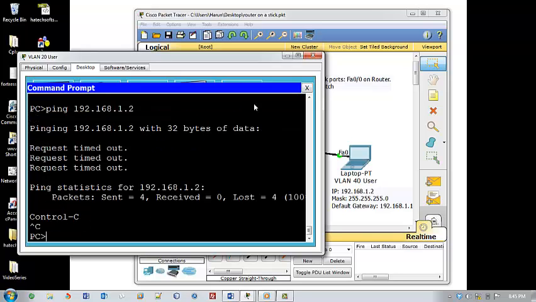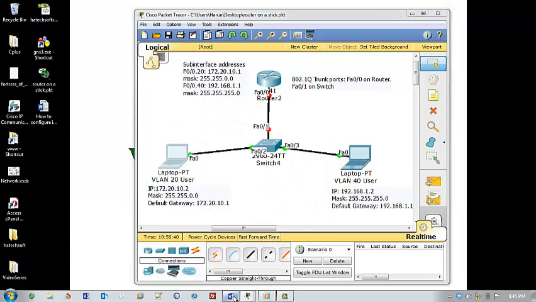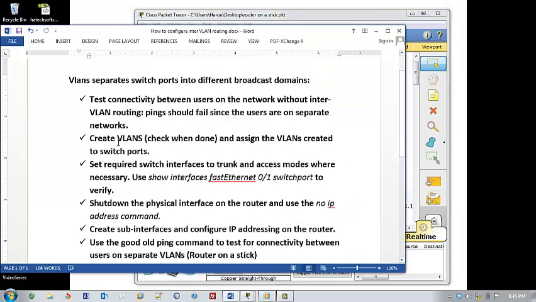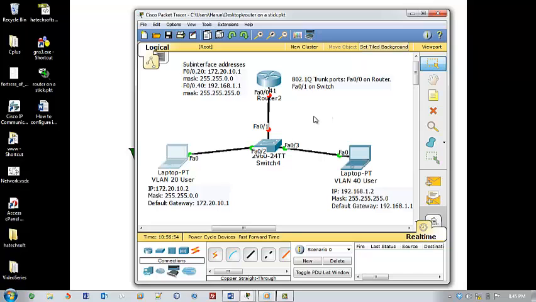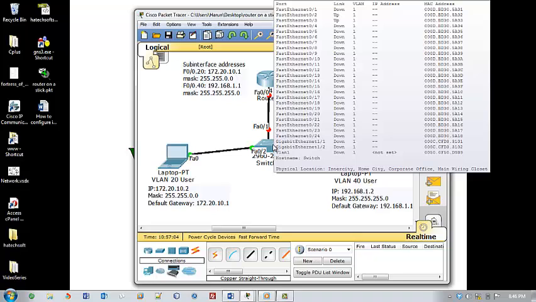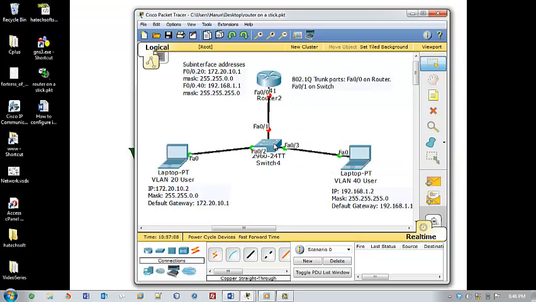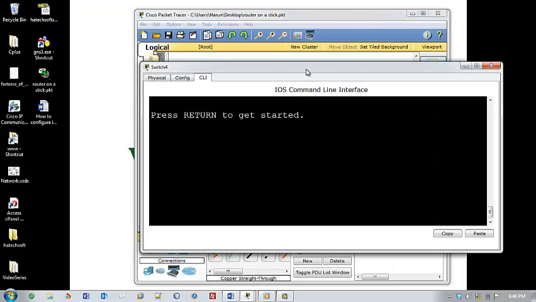So the next task we have here is to create VLANs and assign the VLANs created to switch ports. We'll use the show VLAN command to check that when we're done creating VLANs. We create VLANs on the switch, not on the router. So for us to create VLAN 20 and VLAN 40, I'll go to the console of the switch,